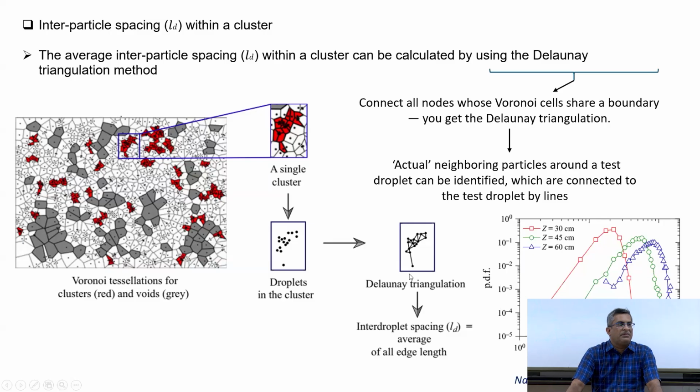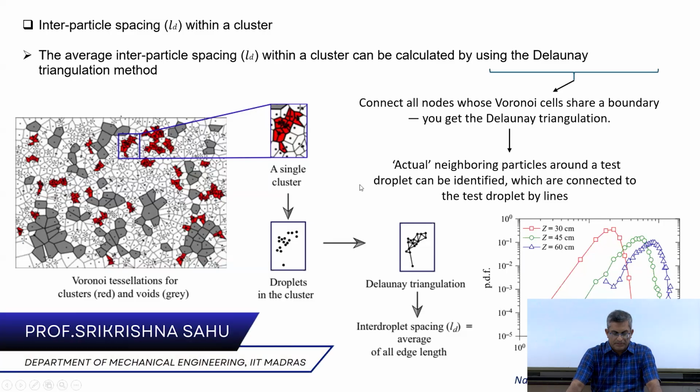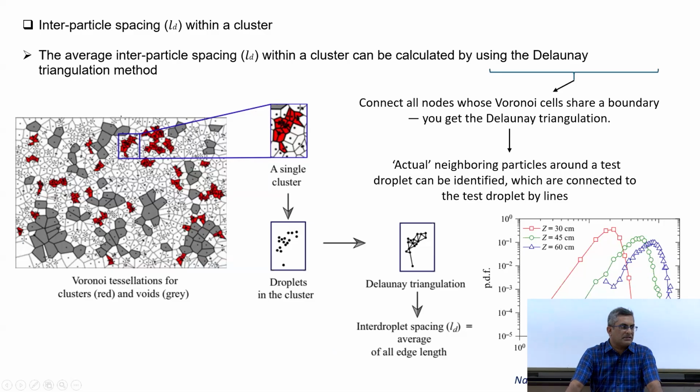So, in the previous class, I discussed some of the techniques for characterization of particle clusters in turbulent flows. We have seen different techniques, and that includes the particles-in-a-box counting approach. Then we have the approach of radial distribution function, and then Voronoi analysis. So, in Voronoi analysis,